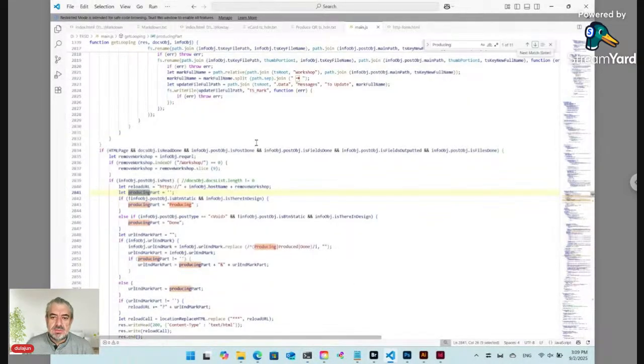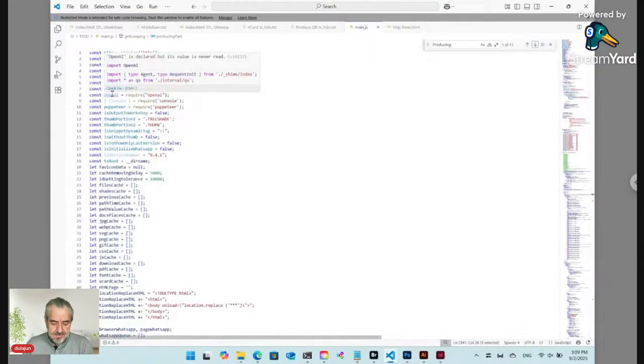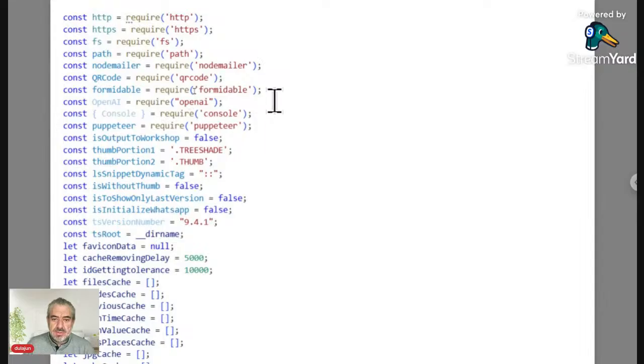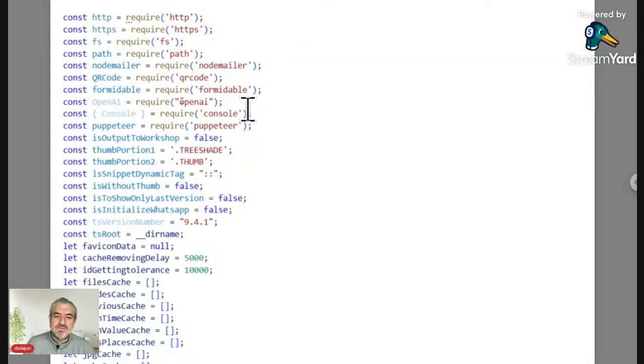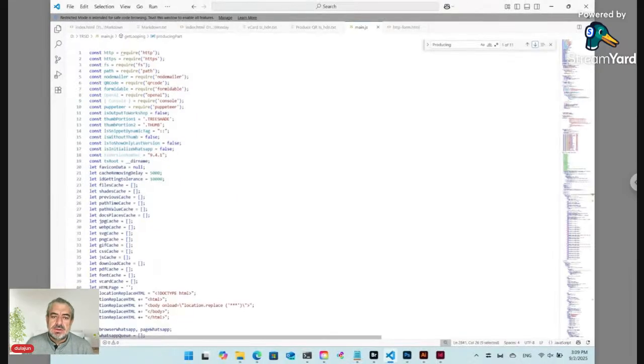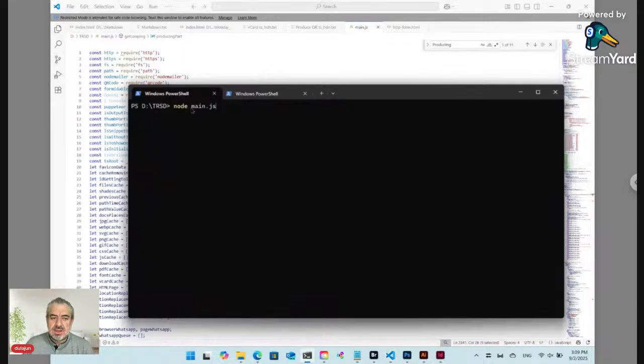Here, if you open main.js, you will find at the top, like here, formidable for the form, it's important, and Puppeteer for sending WhatsApp messages, QR code for creating QR, and NodeMailer for sending email. All these features of TreeShade are associated with the online form. So after installing and executing the local server,